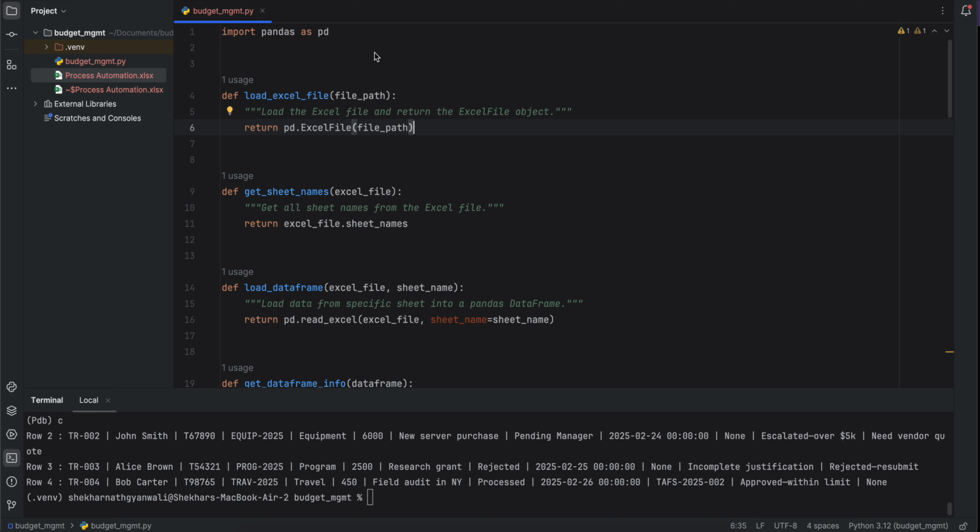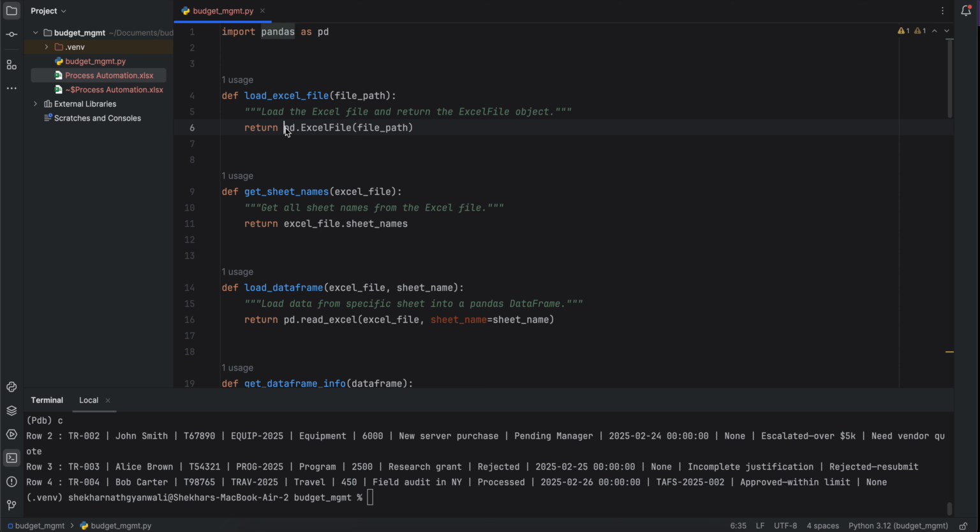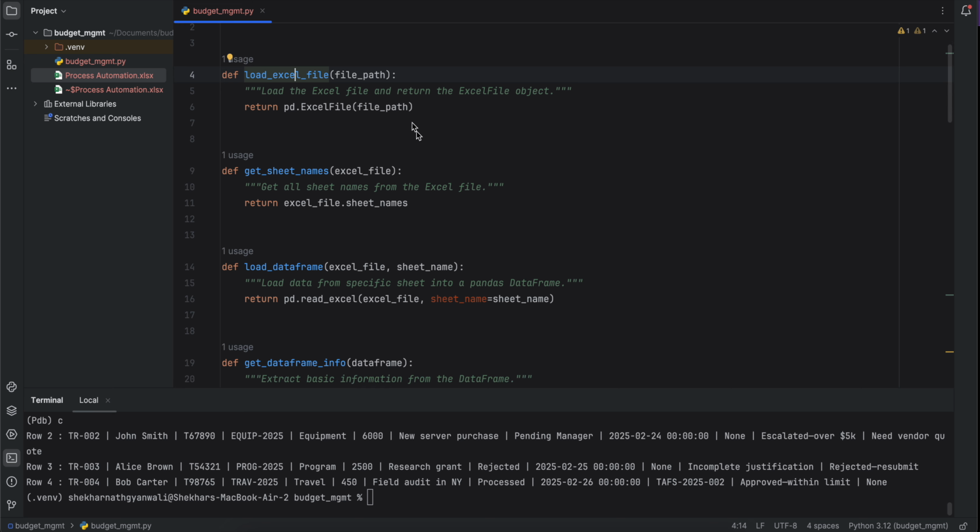And this function does one thing. So if you had to load this file 5 times in this script, you don't have to write this line in 5 different places. You can just write this in this function and then call that function,